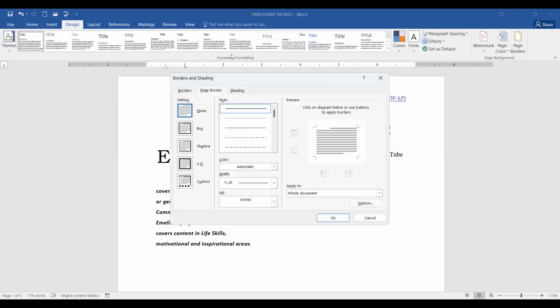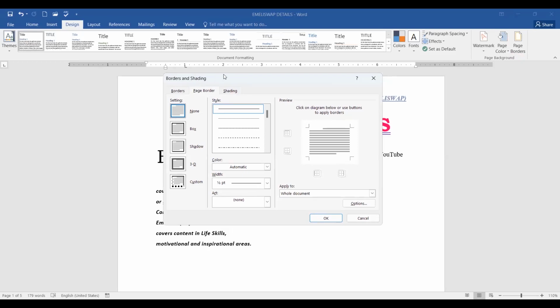After you click on Page Borders, we have Borders and Shading, a dialog box there. So for us to add a page border, you click on Page Border. But if you want to add to specific text, you can just click on Borders. To add to our whole page, Page Border. To do shading, you click on Shading. So because I want to